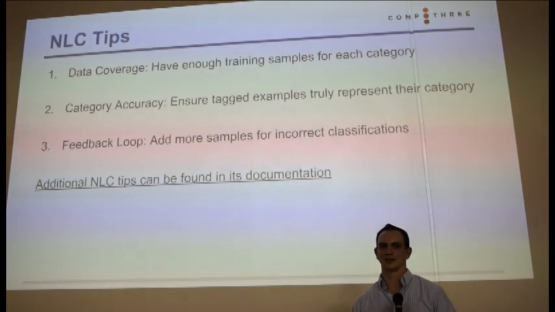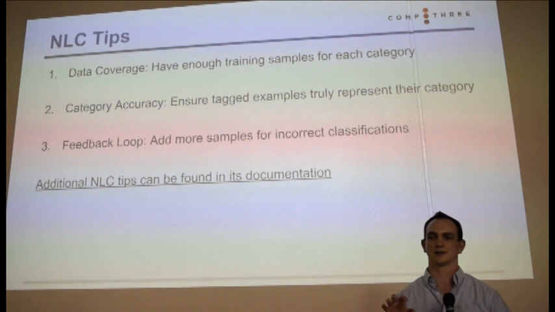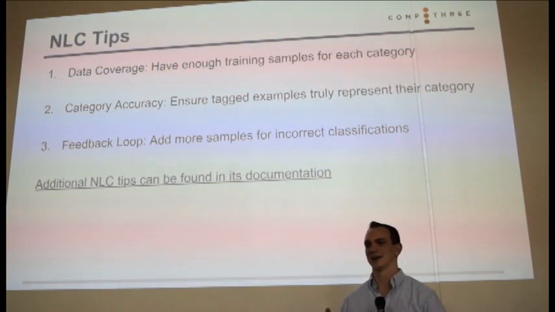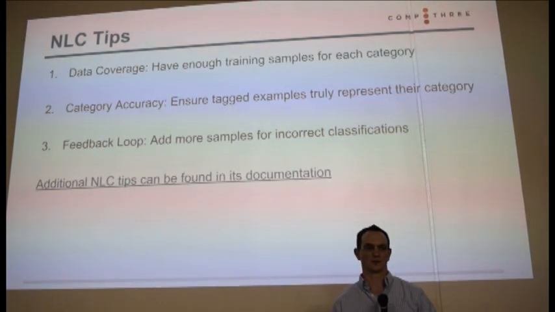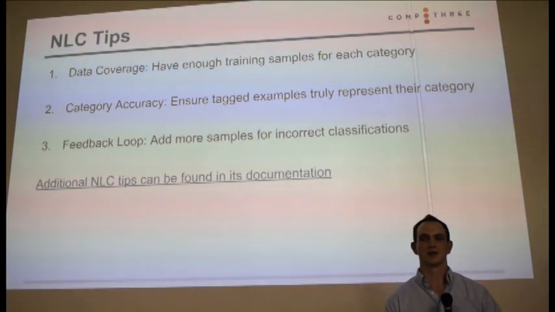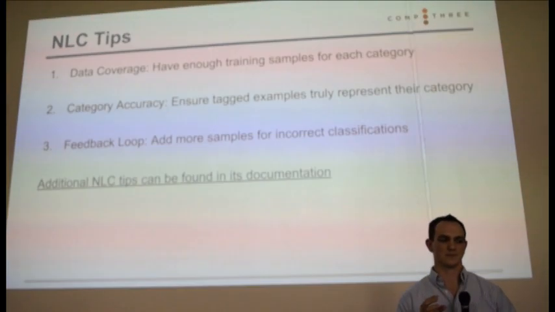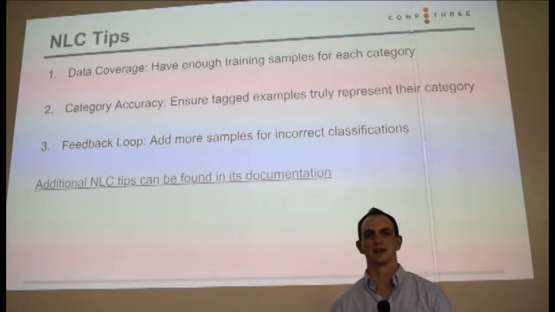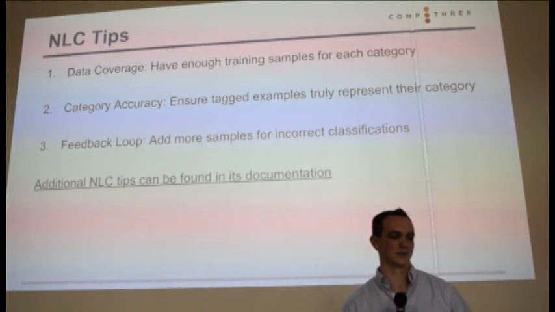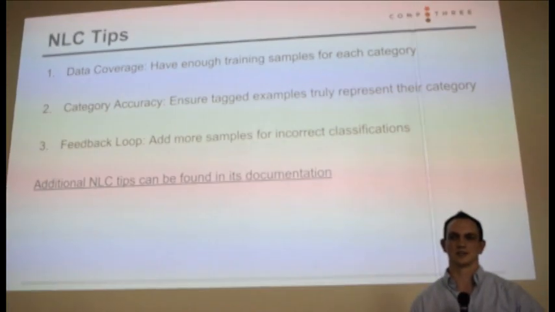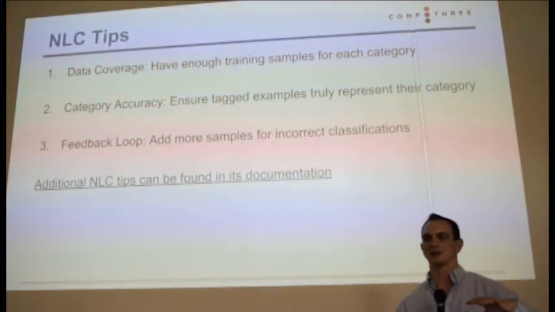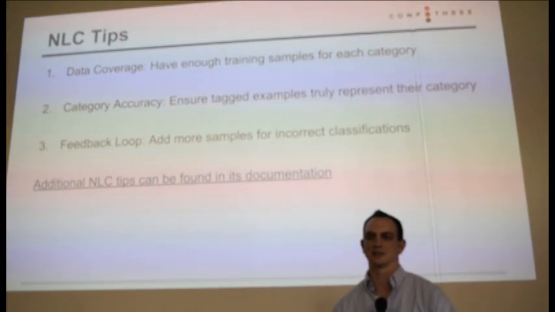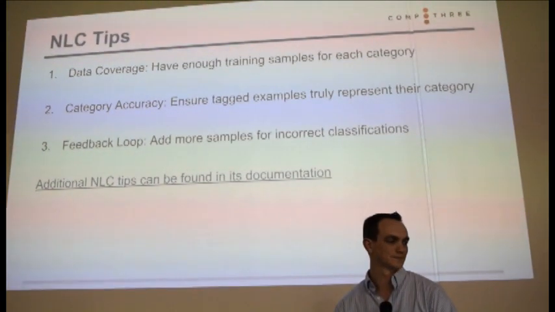The next thing is accuracy. If you're hand annotating and hand tagging your data for classification, hopefully you do a good job, and that accuracy then will translate to the classifier that's built. If you have a few misclassified things, let's say you're dynamically generating this data set and there's some inaccuracy in your training data, that will then propagate into the classifier that's trained. So you want to make sure that your accuracy is as high as possible in your training set.